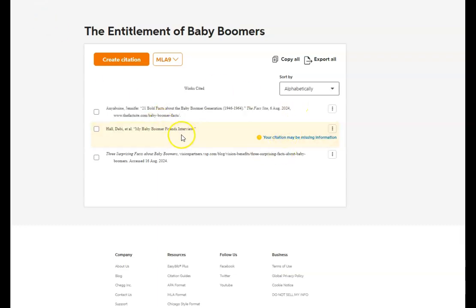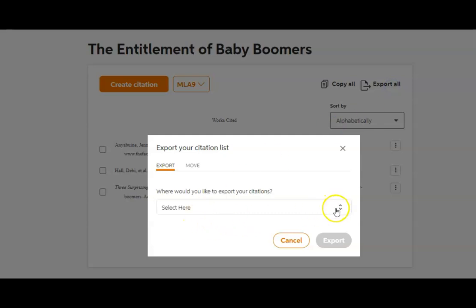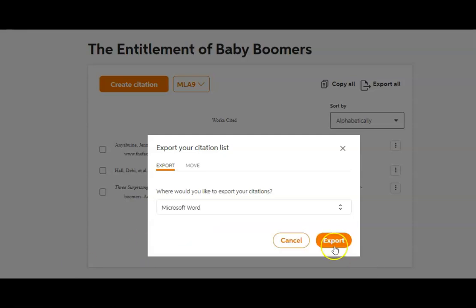Why is it missing all that information? Hold on. It's not going to show at all for whatever reason, but that's fine. It's still MLA. So when I get ready to add this to my document, I'm going to export all. Now I have a choice to make, either Word or Google Docs. I usually go with Word because I'm going to be pasting it into a Word document. So I'm going to click this, export,